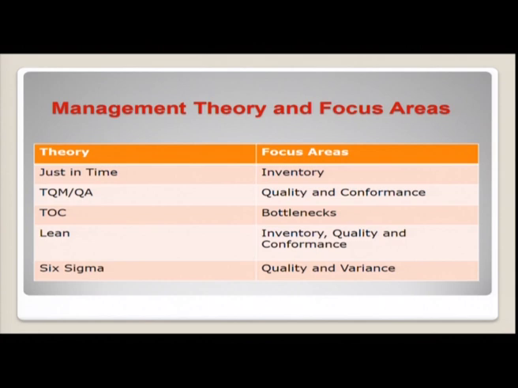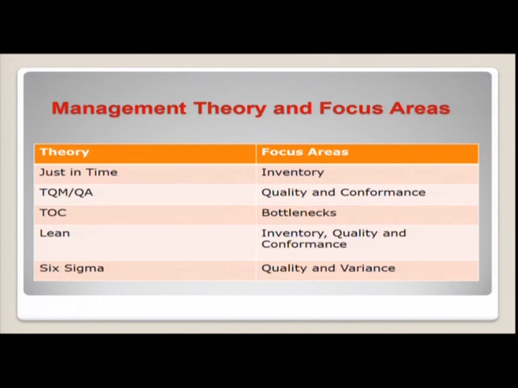Now, let us compare whatever theories we have seen so far. We saw 5 different theories. We will compare them with the focus areas. As far as JIT, just in time, is concerned, it spoke about inventory, one and only inventory. As far as total quality management and quality assurance are concerned, as the name implies, it spoke about quality and conformance to the quality. Next, as far as the theory of constraints is concerned, it spoke about the bottlenecks available and how to